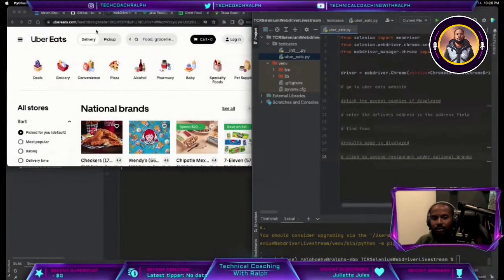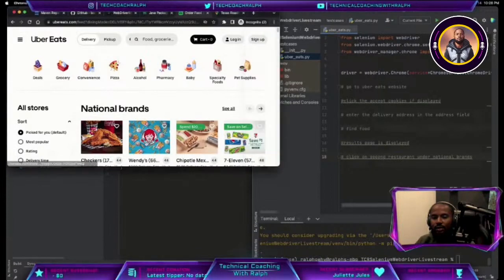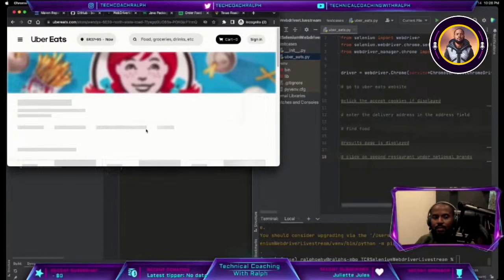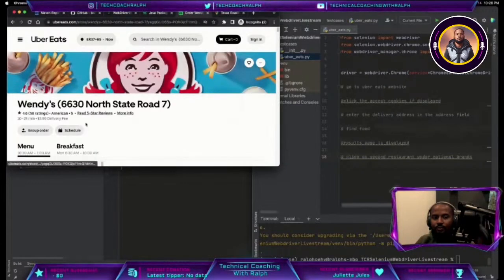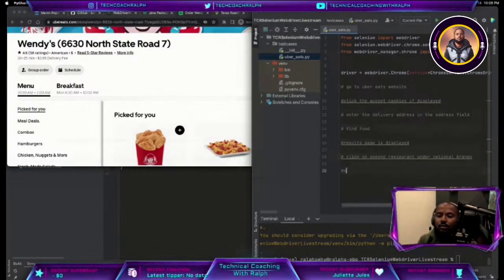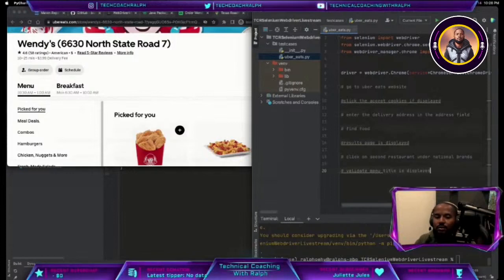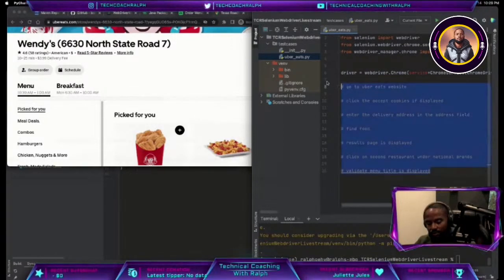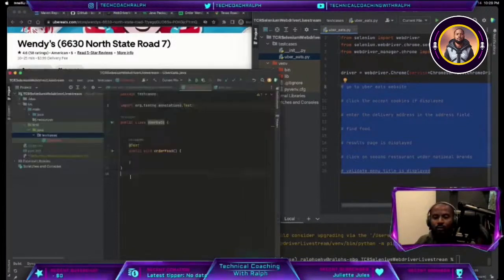Yeah, so to keep it simple, we're going to enter an address, click on find food, and we're going to click on this one. And we're going to validate menu title is displayed. Hopefully that shows up on all of them. So let's go here. All right, so we're going to just copy this over to